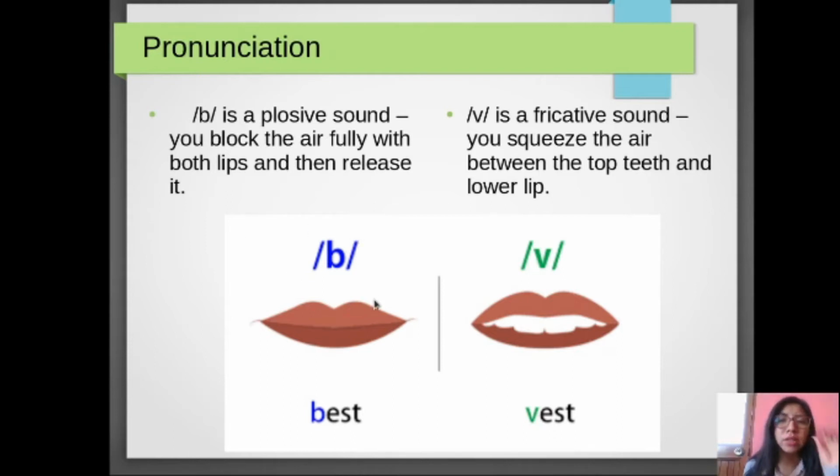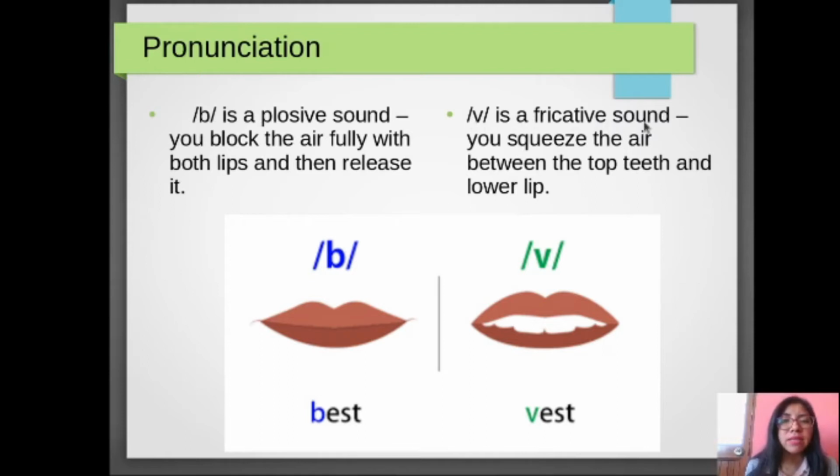So pay attention to the pronunciation. We are going to pronounce this word, okay? So I am going to close my mouth. Best, okay? That is the pronunciation, like an explosion. Best, okay? And we are going to check the pronunciation of the consonant V